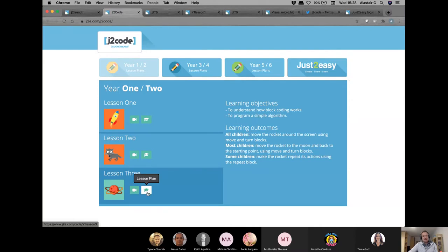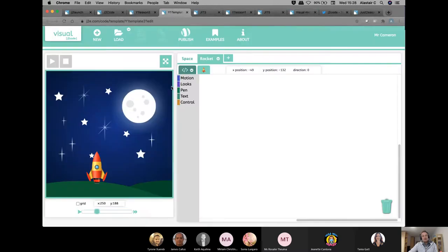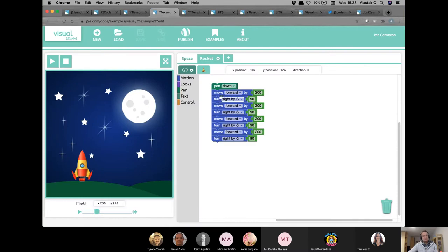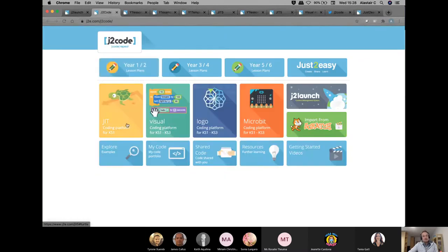So let's have a look at the lesson plan for lesson 3. And let's just have a look at the next one, which is here. And we're going to move now into Visual. So perhaps I should have looked at the example here. So this has now popped from JIT to the next level of learning, which is in Visual.